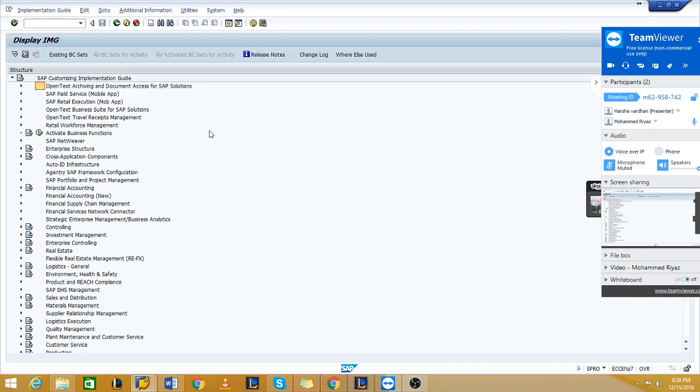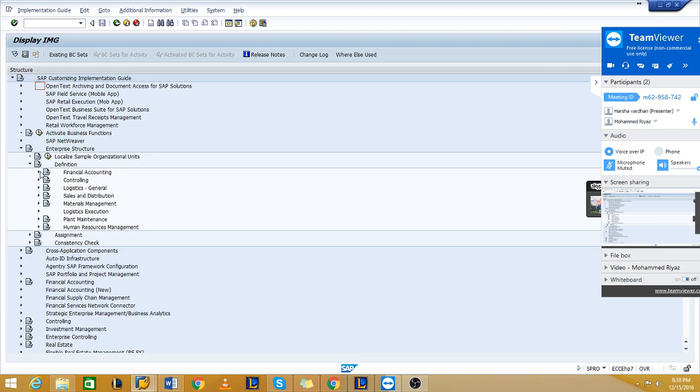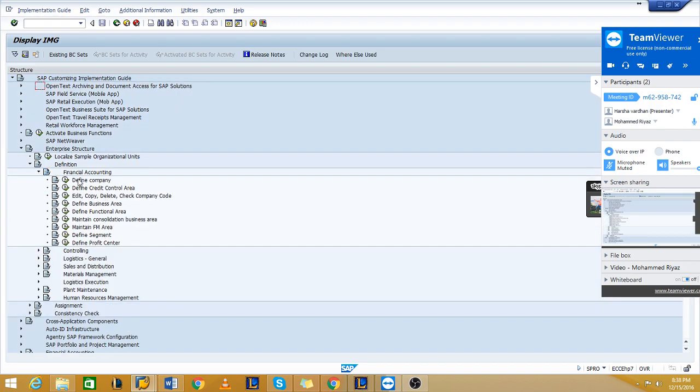You configure according to your module. Our basic setting starts from Enterprise Structure, Definition, Financial Accounting. Here you can see a few steps, of which our first step is defining a company. We'll execute it.